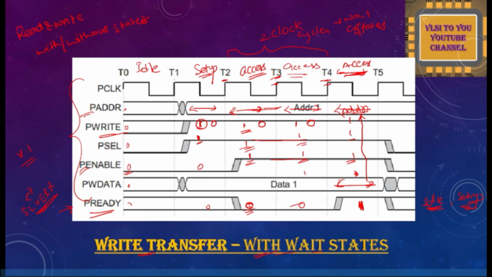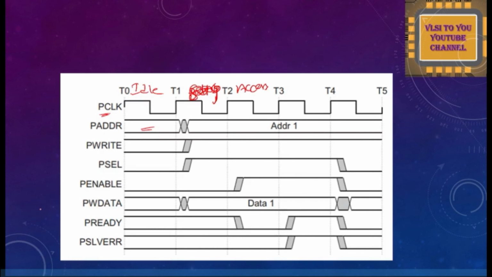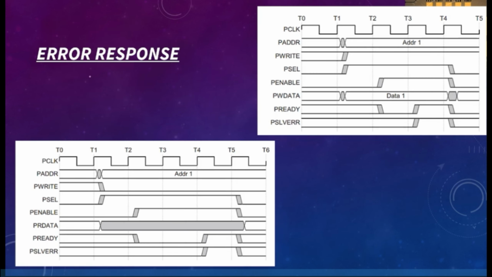Okay, the slave is sending some error, so we are going to see the timing diagram for this slave error also, the error response. Normally, if there is no error during the transaction, this slave error won't be included. This slave error will be included only when there is an error in the response, or when you think